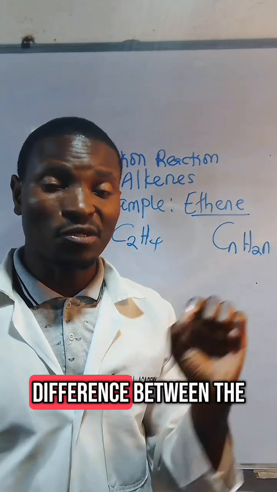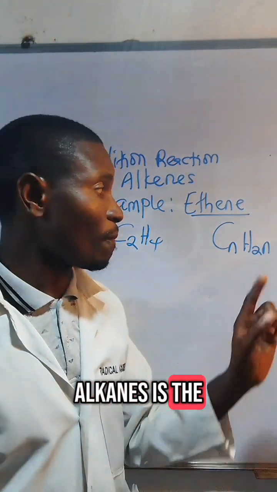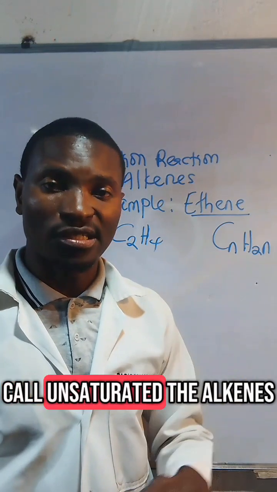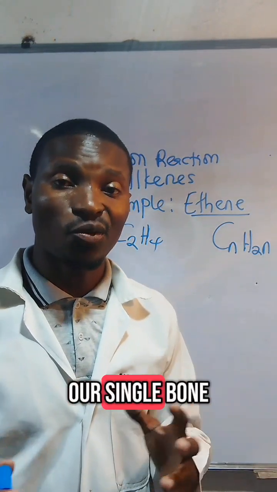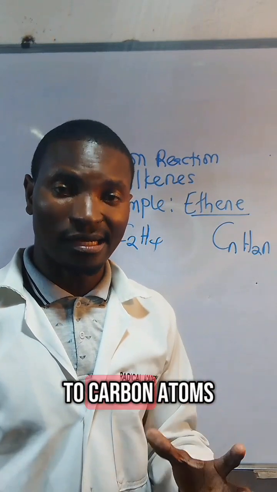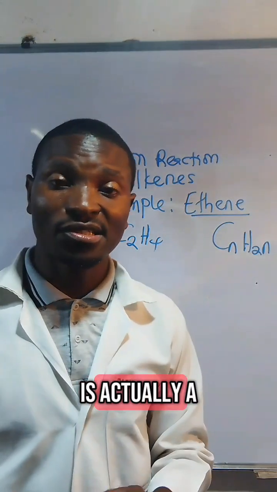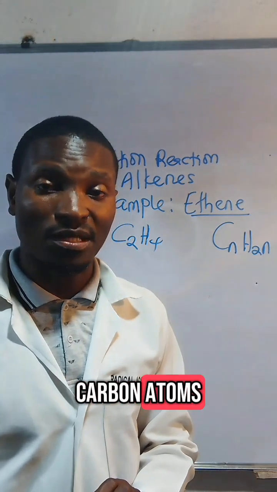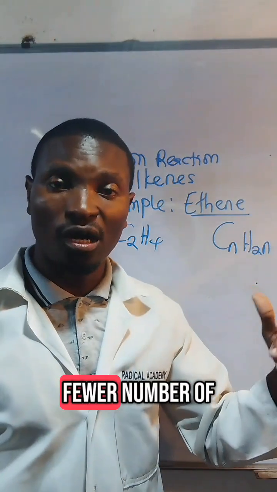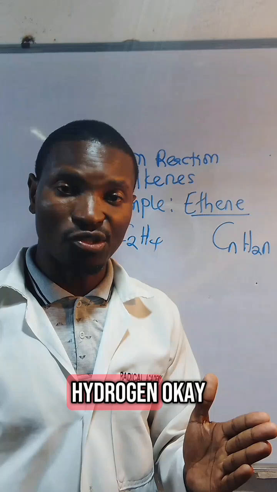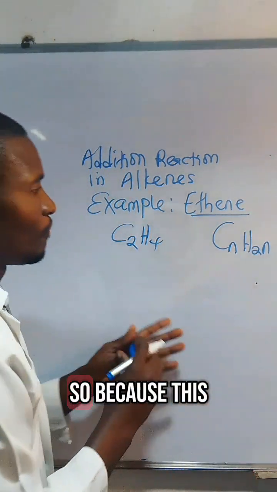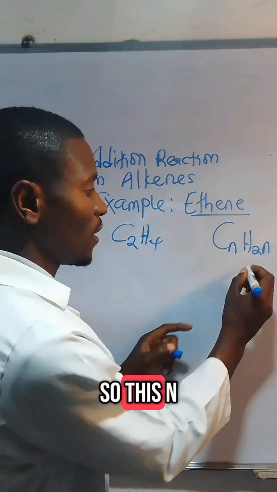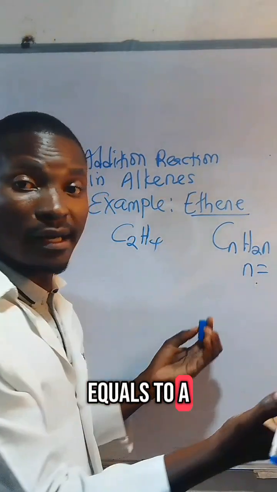Now, remember, the difference between the alkenes and the alkanes is that the alkenes are those that we call unsaturated, while the alkanes have a single bond between the carbon to carbon atoms. But this one has at least one double bond between the carbon to carbon atoms. Now, in that case, it has fewer hydrogen atoms. Okay, so because this one has two atoms of carbon, this n equals the number of carbon, which is